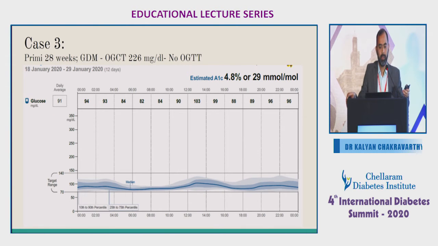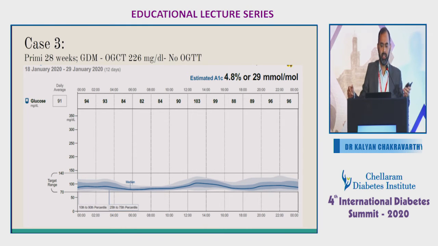Case 3, I just wanted to highlight, because not just for interpretation or treatment purposes, you can actually use the AGP to diagnose a few things. For example, this patient was sent to me directly from the obstetrician after she had an OGCT. She had a meal and then had a glucose, and the OGCT value was really high, 226, and the patient came alarmed. I said, let's not do an OGTT, let's just put a sensor and see how it goes. As you see, most of the readings are actually within the target zone.